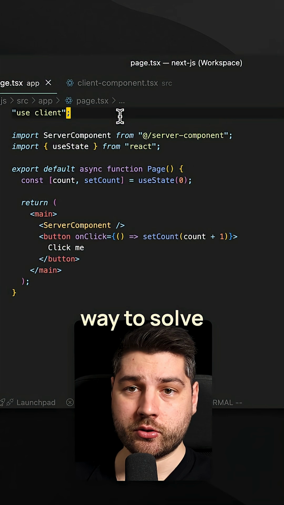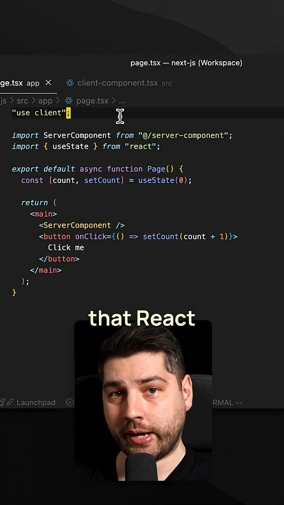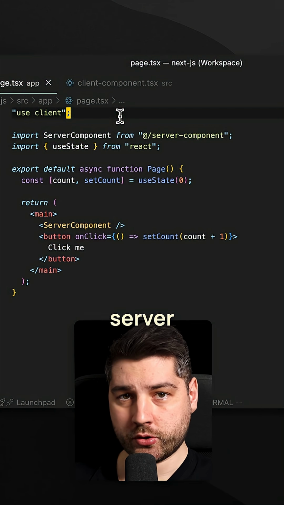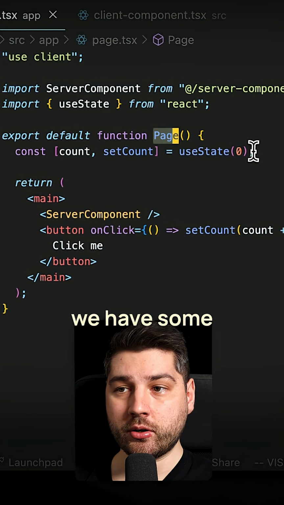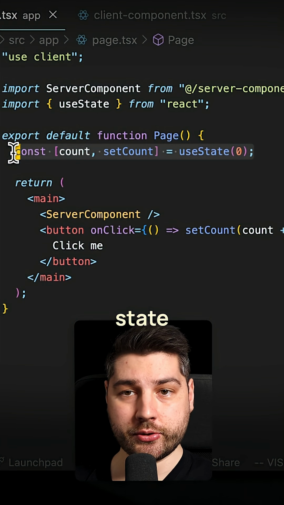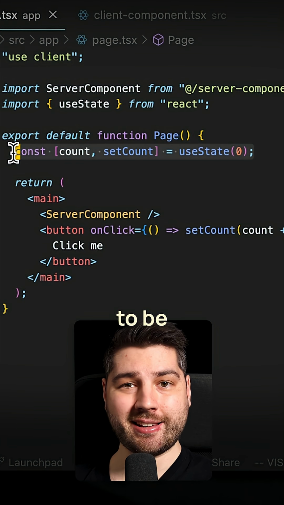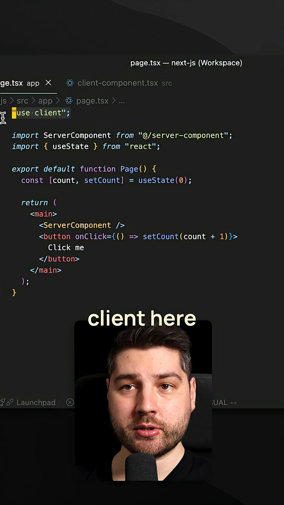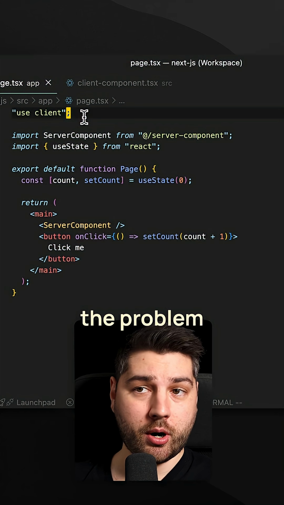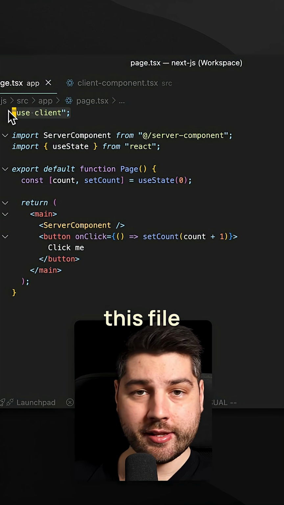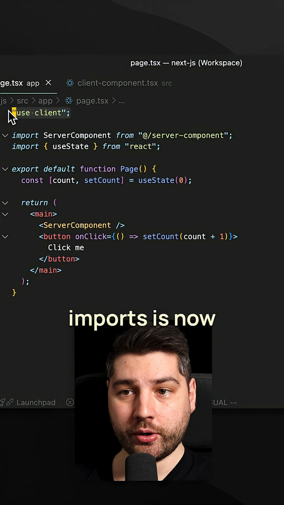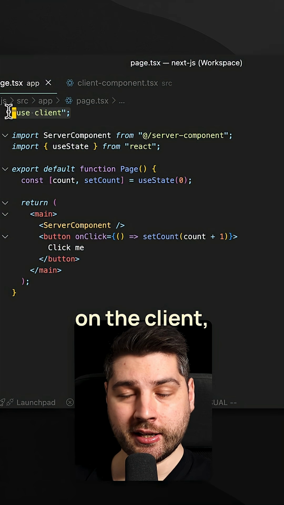Here's another way to solve one of the most common mistakes that React developers make when working with server components. So over here, we have a page component, and inside of here, we have some client functionality, like this useState over here, which means that this has to be a client component, which is why we put "use client" here at the top. Now, the problem with this approach is because we put "use client" here at the top,